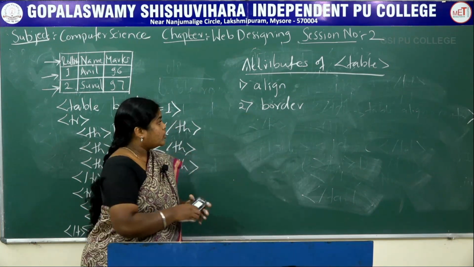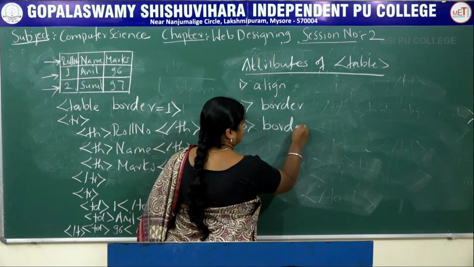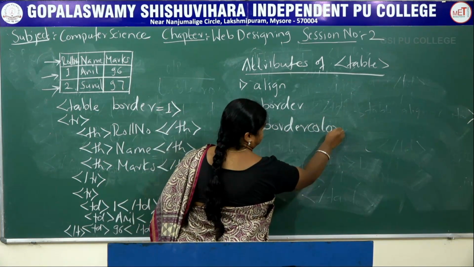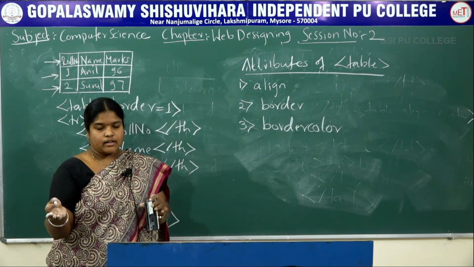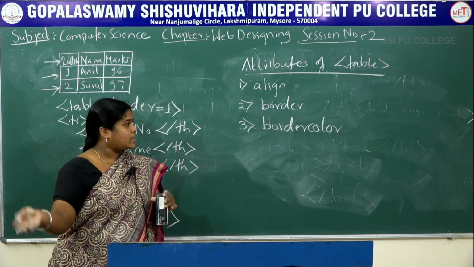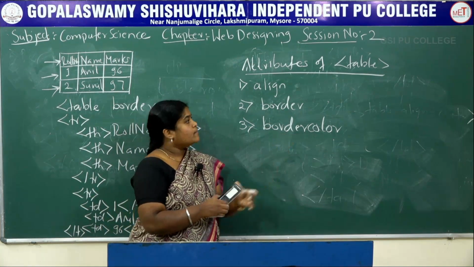After border, you can specify the color in which you want to display it. If you want to display the border in red, or if you want to display the border in green, in that case you need to use the attribute border color. Next,